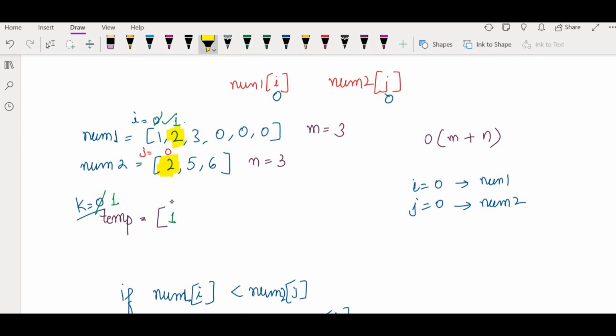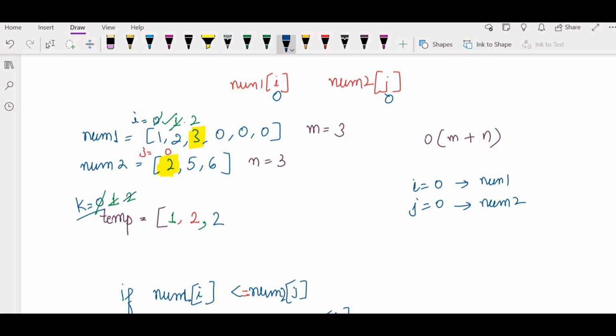Here, if both are equal, neither is lesser. So what we can do is, rather than just less than, we can also put an equal to sign, so that even if it is equal, we can add the value. Then increment the i value, which will be 2 here on 3. j is still on 0, and k we are incrementing to 2. Then the next values we are comparing are 3 and 2. Which one is smaller? The j value is smaller. So now we are adding this j value here.